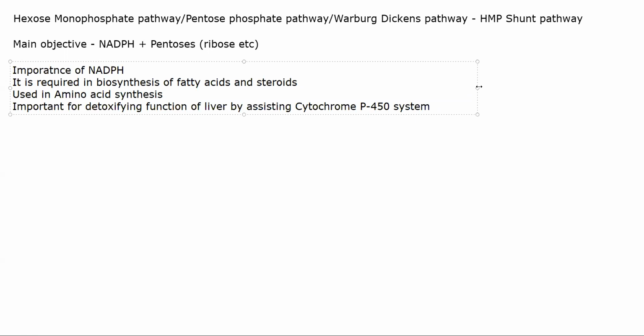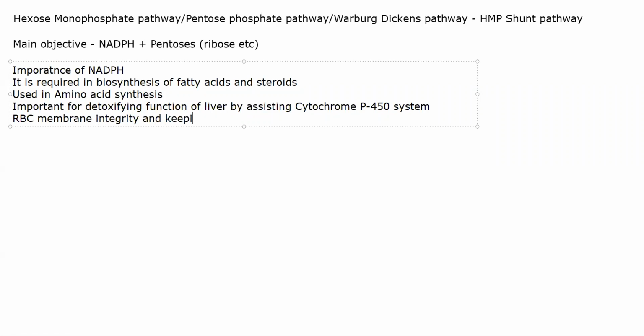If this system is not working properly, then your drugs will not be metabolized and you might have toxicity. NADPH helps in making sure that the CYP P450 system is running properly. That is what NADPH does in the liver. That is one function. And the last important function is it helps in maintaining RBC membrane integrity